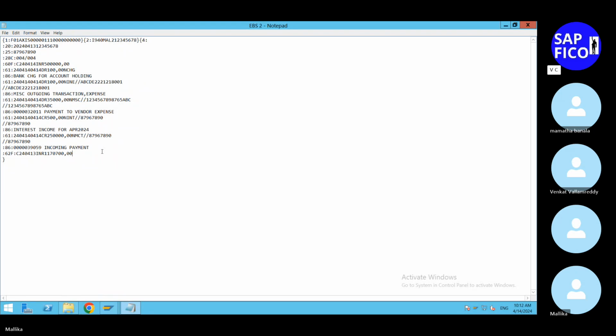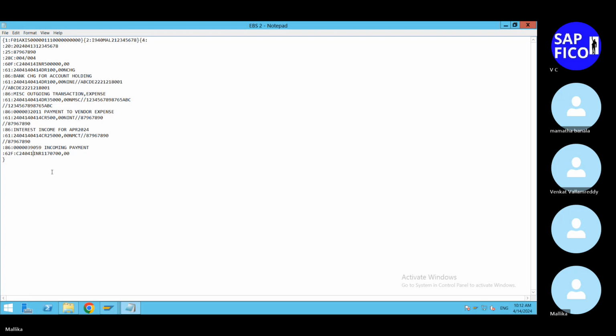Just give 25,000 rupees. That's it. Change the amount to 25,000. Remove 10. That's fine. Okay. So dates, change the date, closing balance, change the date, so, colon 62F, change the date to